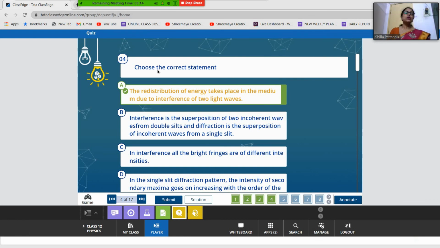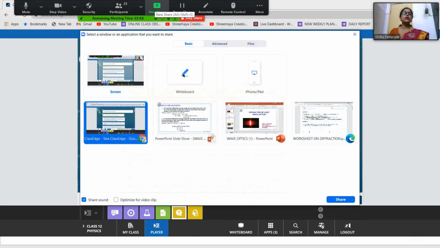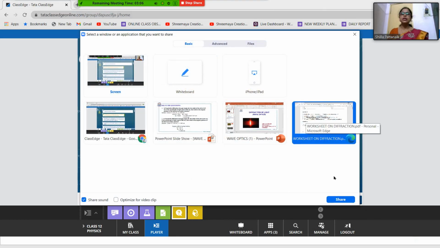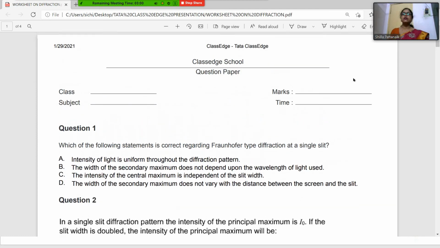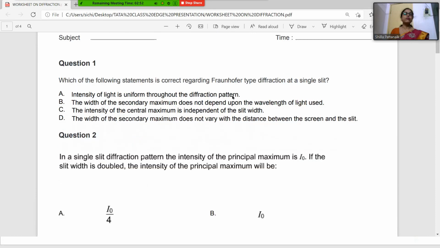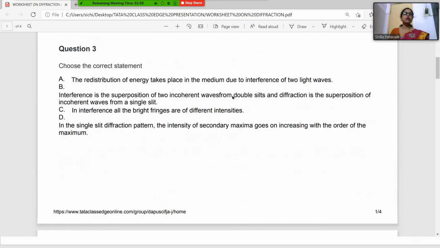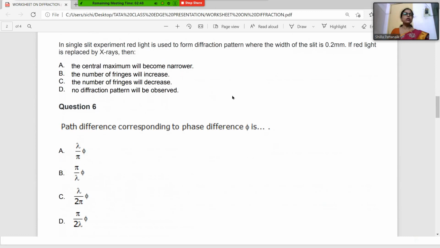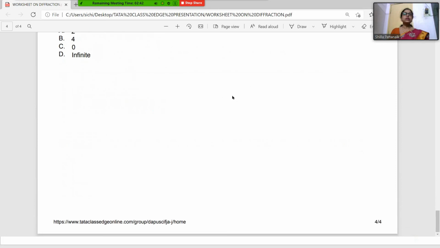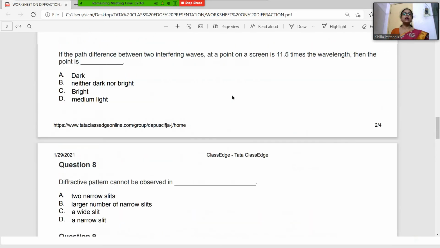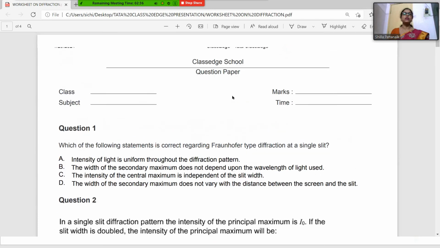Now time is going to be off, students. I am going to share this question paper. I have already made the PDF. All of you can see here. Can you see the question paper on diffraction? So this is a worksheet for you, homework for all of you. 17 questions are there. All the questions are very interesting. I hope you all can answer. Complete this worksheet and send it to me tomorrow. I am going to share this question paper in your WhatsApp group. Is it clear, students?